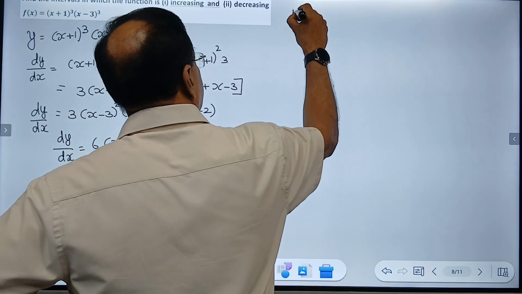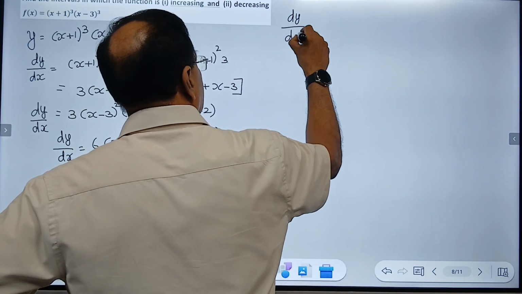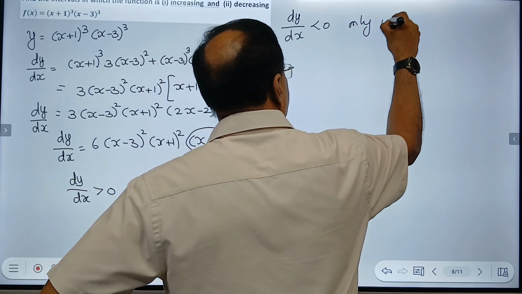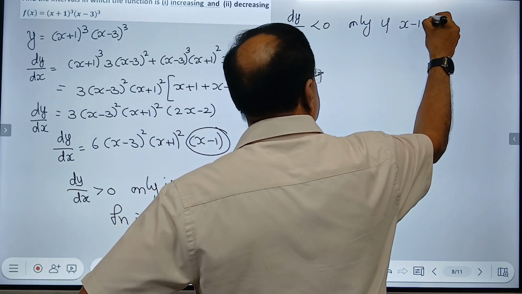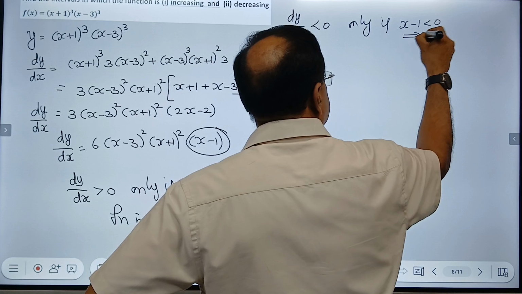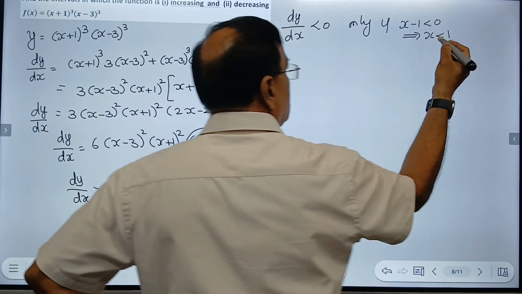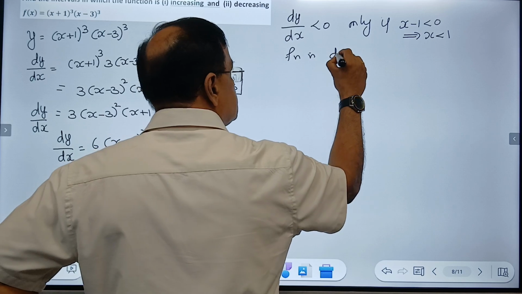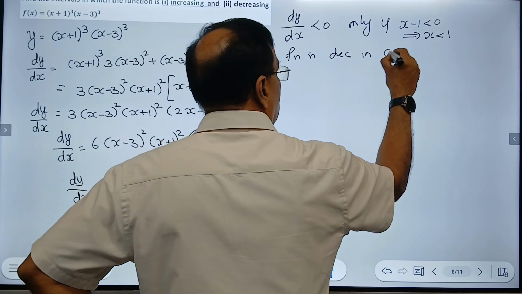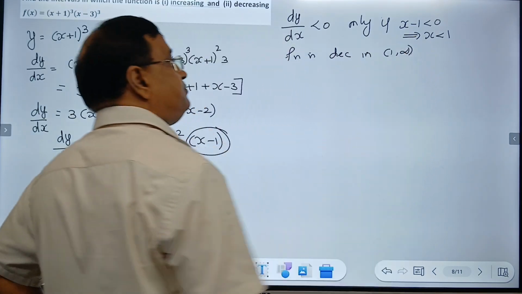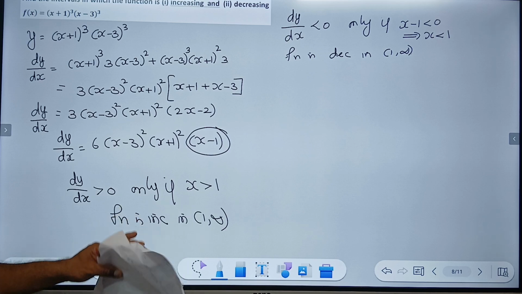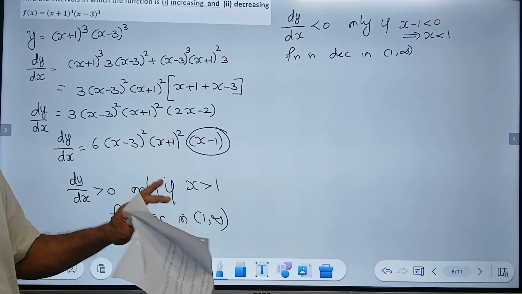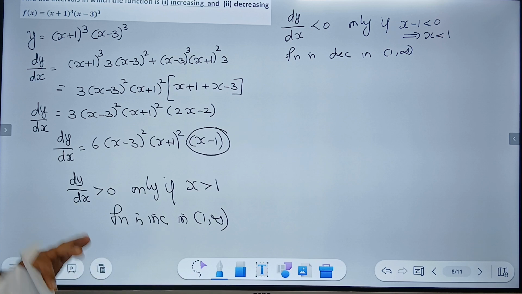Can I say dy by dx will be less than 0 only if x minus 1 is less than 0, implies x is less than 1. x is less than 1 means what? The function is decreasing in 1 comma infinity. I purposely use the word increasing, I purposely use the word decreasing. Okay, why? Because